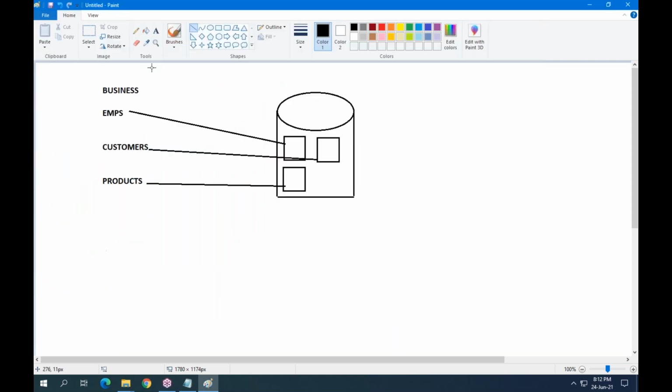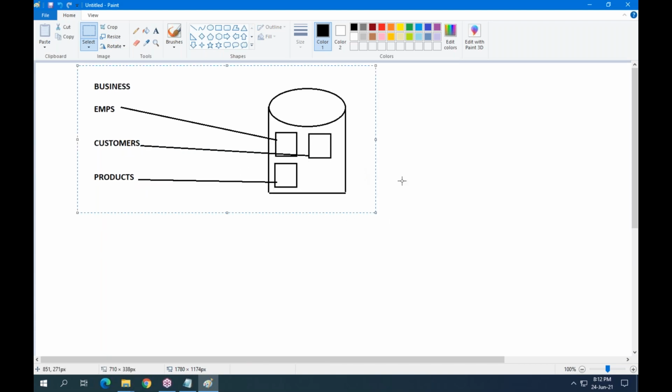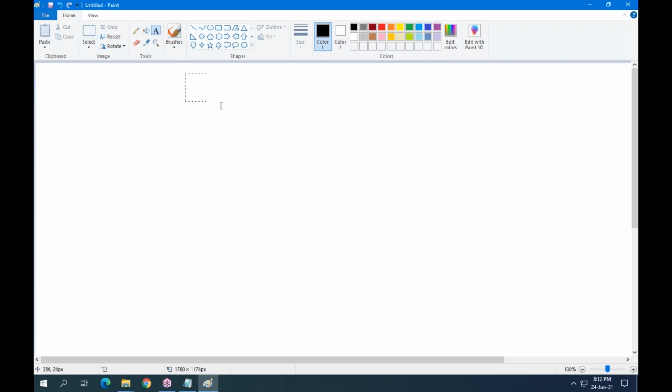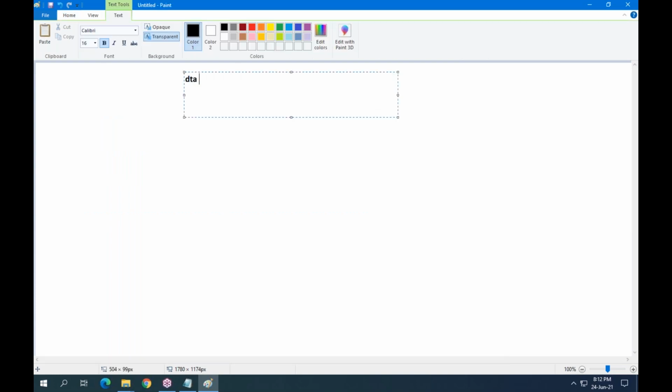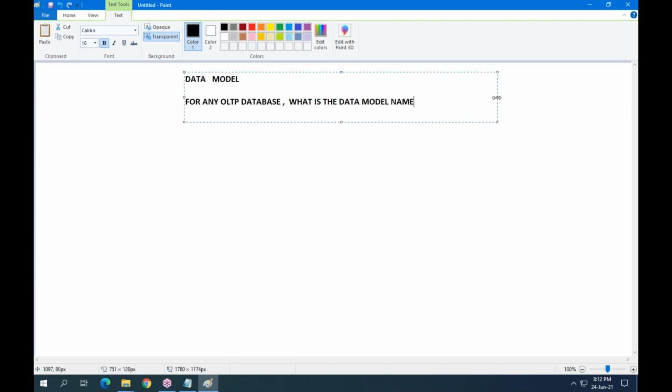Let me show you. What is a data model? Let me delete this. Here we are talking about the data model. For any OLTP database, what is the data model name?